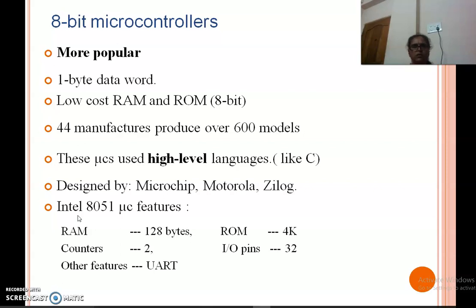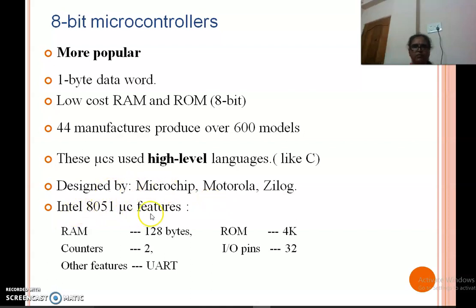These microcontrollers are very popular, and internal memory is also available at the least cost. 44 manufacturers, 44 companies, are producing different versions of the 8-bit microcontroller. These microcontrollers can work with high-level languages to do the programs.